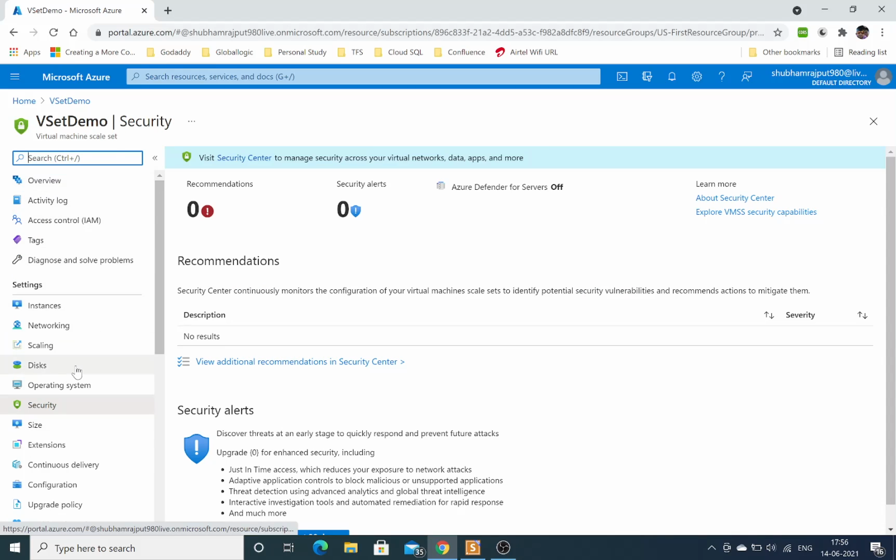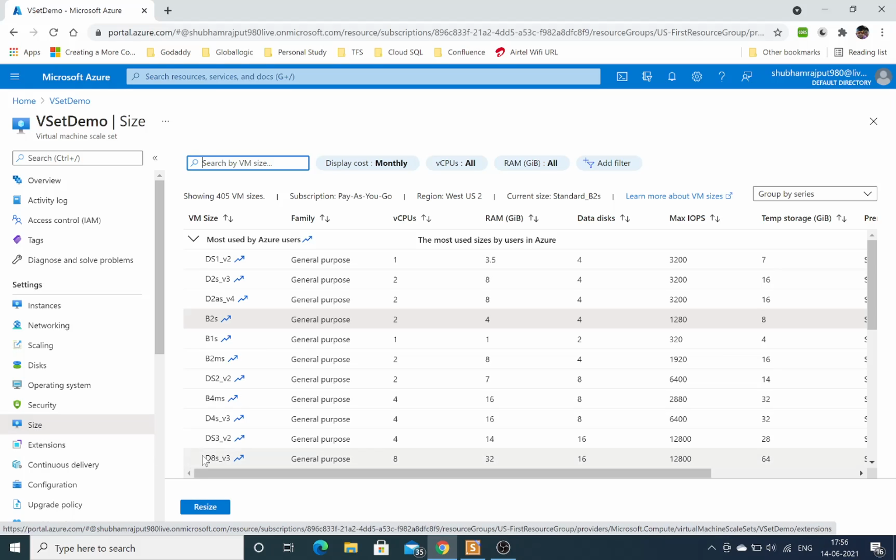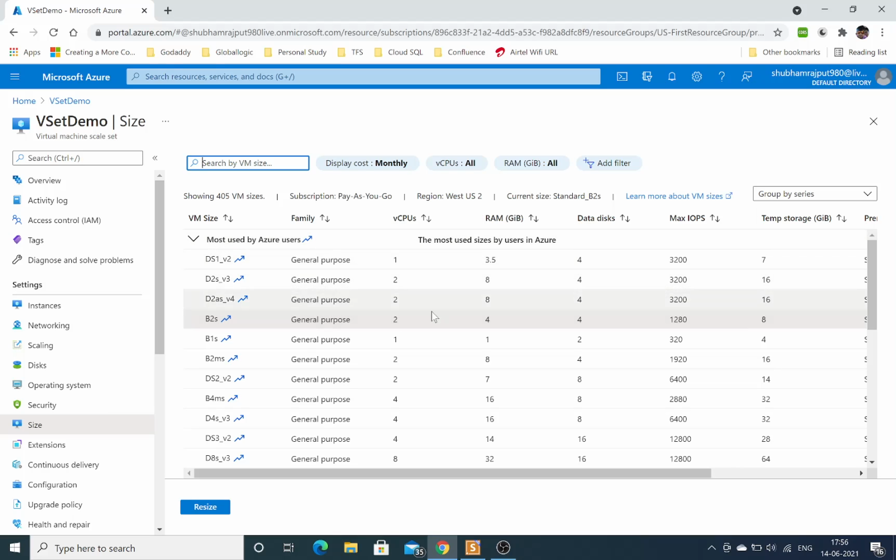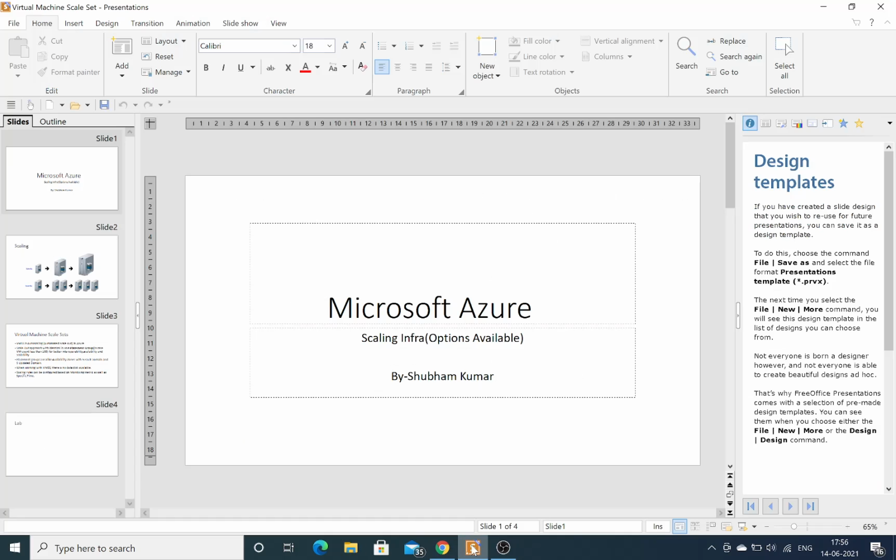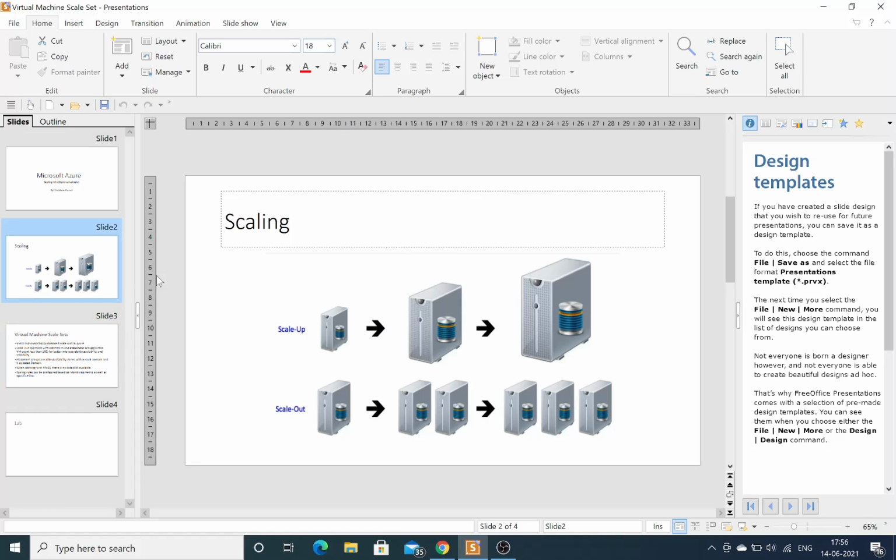If you come under the size section, you have two options. Currently, as you can see, we have B2s, 2 vCPU and 4 GB RAM. As I already told you, in the scale up scenario you can increase the current hardware configuration.